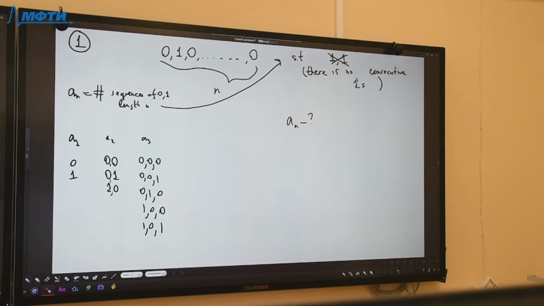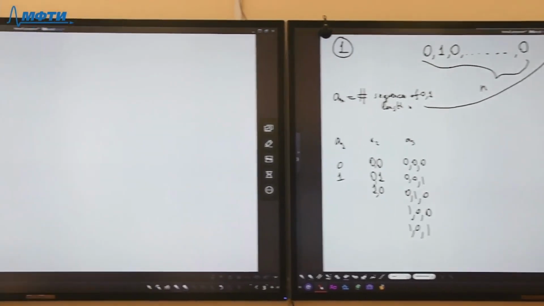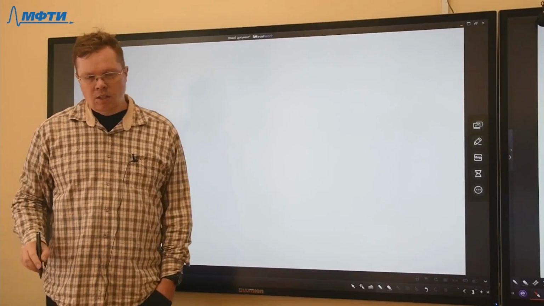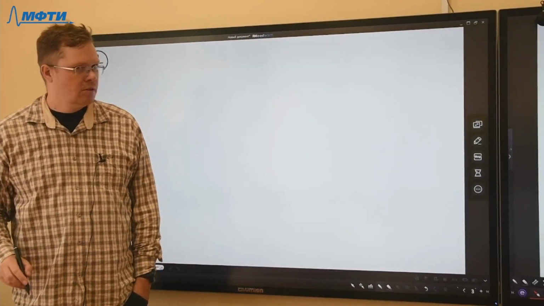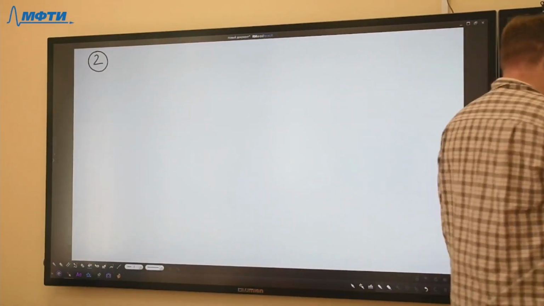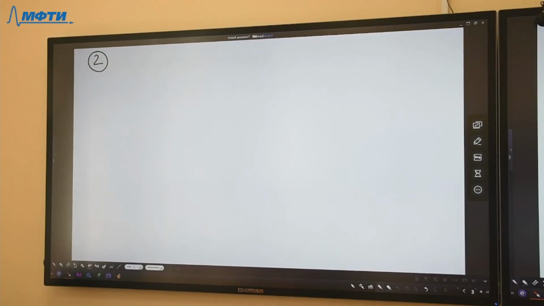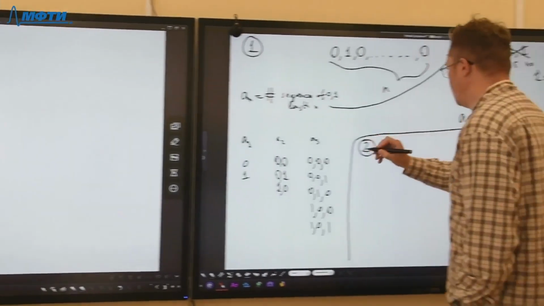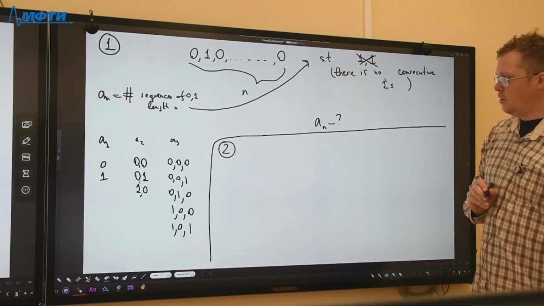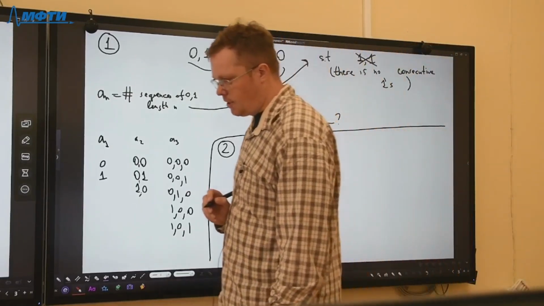And maybe I'll give one more example. If someone solves this one, or maybe I need to write this on the same board so you can see it online. Okay, the second task is